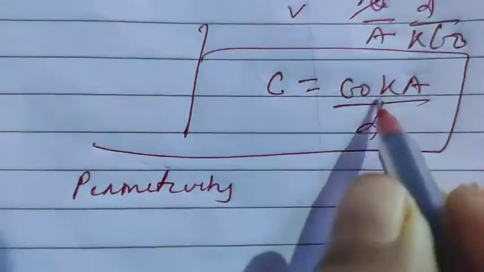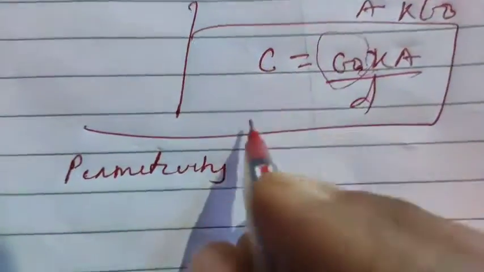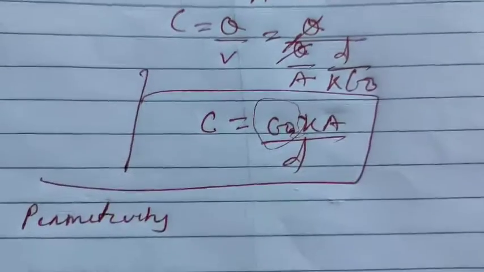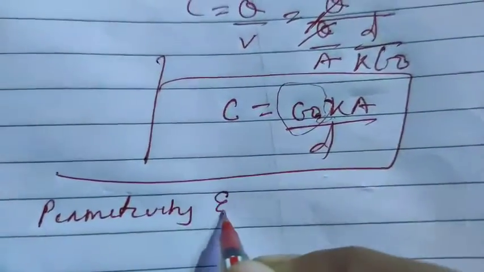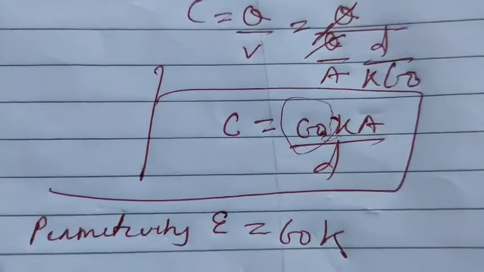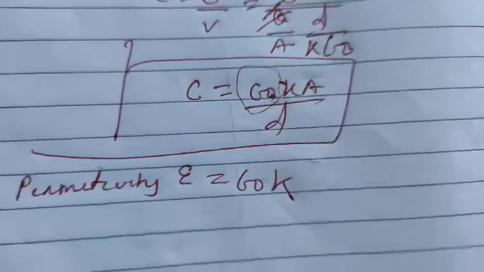Permittivity. This is the permittivity in free space. Suppose we have a medium that is dielectric. We do not have any vacuum here. We are putting a dielectric. So permittivity changes to E is equal to epsilon naught K, right? This is the permittivity when you are putting some dielectric substance or keeping some medium.